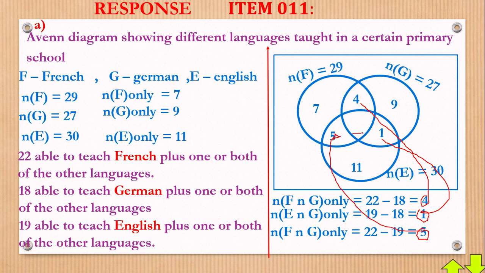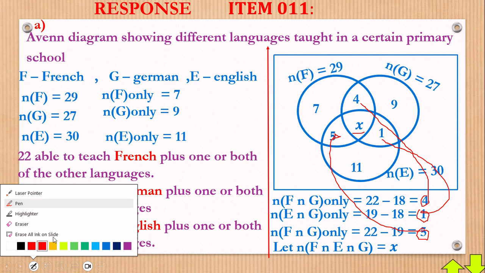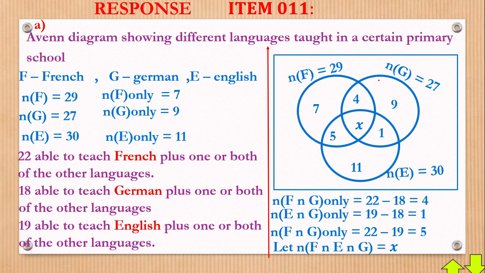Now, the part in the middle, let it be X. So we say, let the number in F intersection G be X, then we put it forward. Okay, good. Now we can go forward and find the value of X. How are we going to do this? Realize that you can use one set, and when you add whatever is inside, the final result you get is 27. You can use this set or any other set; any gives you the correct answer. We shall take this one in our calculations here. Let's see how that comes about.